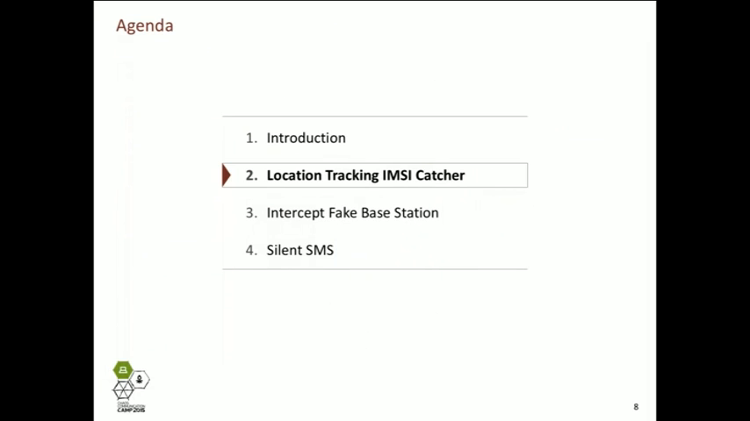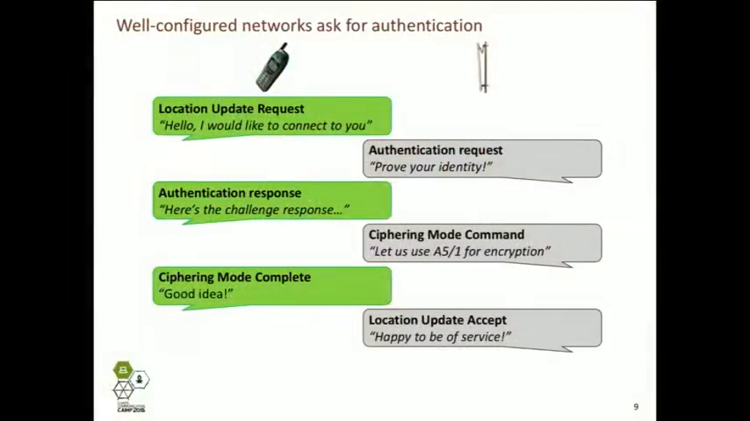The 3 attack scenarios that we're trying to explain today are a location tracking IMSI catcher, which is a machine that just detects that you are there; the intercept fake base station, so an IMSI catcher that actually allows to intercept your calls and transactions; and the so-called silent SMS, of which many of you may have heard already. So let's start with the